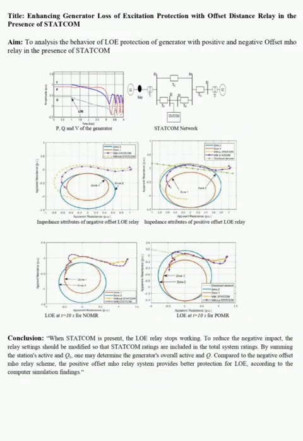Title is Enhancing Generator Loss of Excitation Protection with Offset Distance Relay in the Presence of STATCOM. This article provides a comprehensive exploration of both types of Mho relays, elucidating their configurations and drawing comparisons. The impact of STATCOM on the loss of excitation protection of positive offset Mho relay and negative offset Mho relay